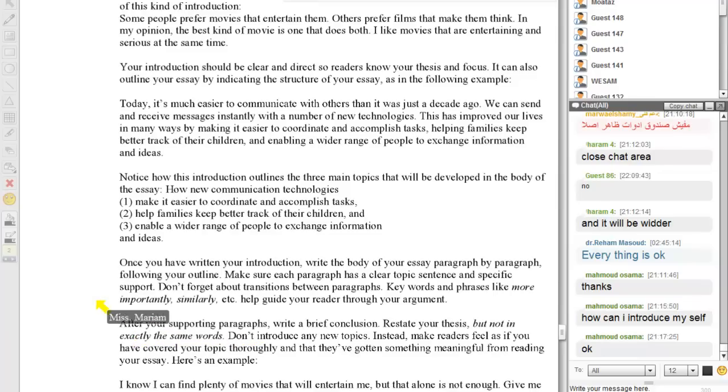After your supporting paragraphs, and actually in order to master this skill, you have to read a lot. You have to read a lot, heavily. I would recommend, if you have time, you may read novels, but most of you are maybe working or studying for a master's, so I would recommend you read newspapers, but you have to do it daily, like two articles daily. Okay?